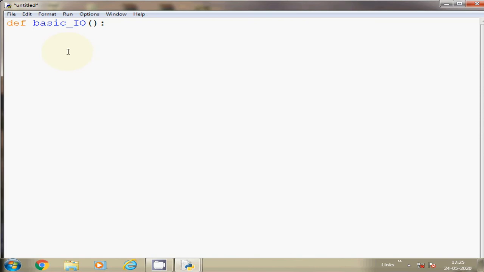Now input. Whenever you are taking input, Python allows you to accept any entry from your keyboard through the input function. That input function returns a string as output. Now I used a few words here that you might not have understood properly, so let me explain first. Input is a function. It is a standard library function available in Python library. When you write input, it will accept one message that I am going to write. But before that, you need a variable.